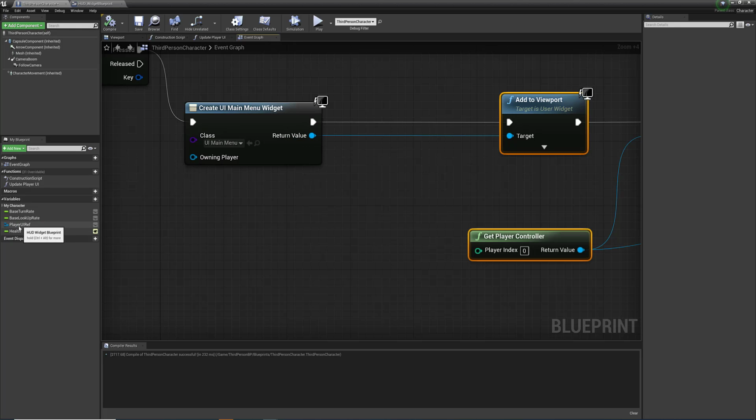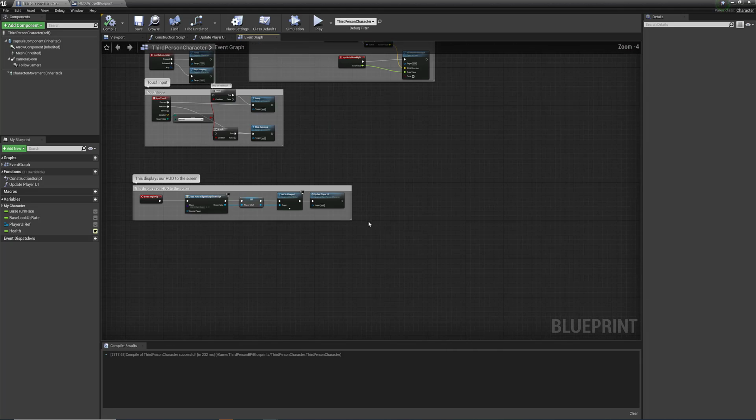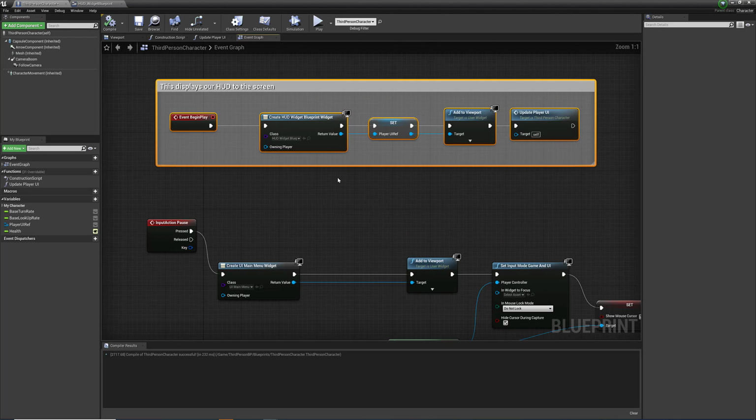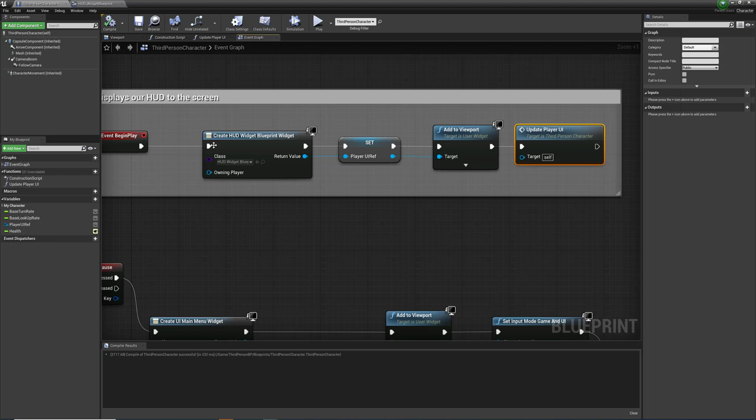So we have an actual player UI reference. I don't know if you remember that down here. Is that down at the bottom here? Let me grab this and bring it up here so you can, oop, that's not what I want to do. I want to grab this and move it up here. So what this player UI reference is